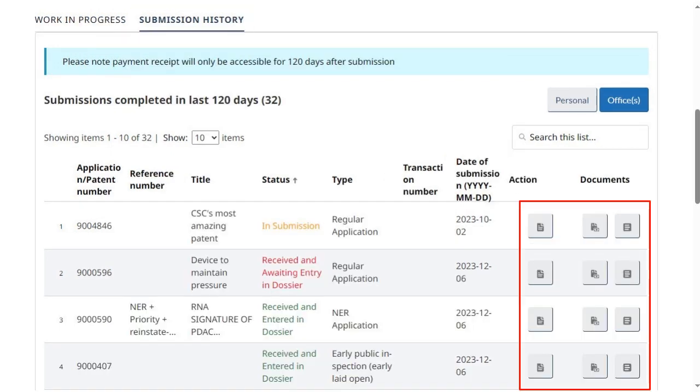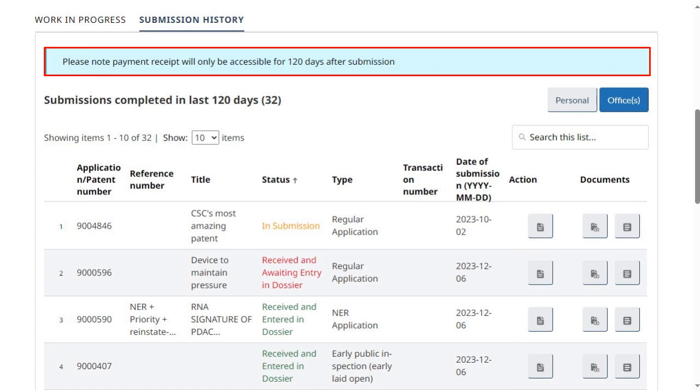You may view the details, payment receipts and confirmations of submission by clicking on the corresponding buttons under Action and Documents. Hovering your mouse over the buttons will allow you to see which action corresponds to which button. It is important to note that payment receipts and confirmation of submission documents will only be accessible for 120 days